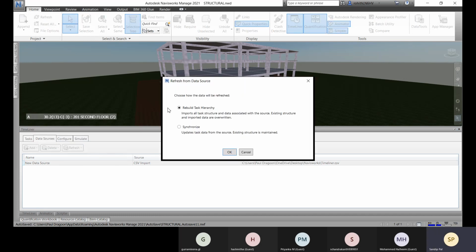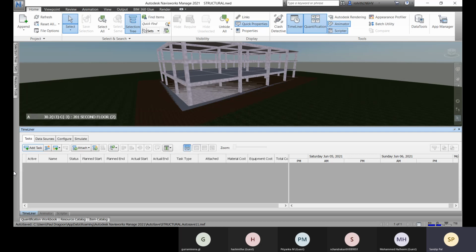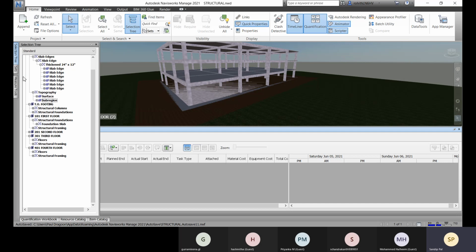Okay. And then you can update your task data from this source. So it will maintain the existing structure. So you can go for synchronize, and let's click on OK, and let's go to this task, and there, I think from the selection set.